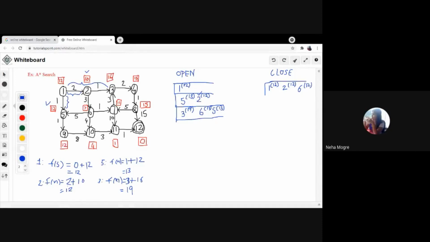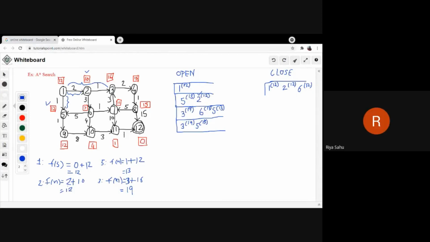Are you finding the difference between this and UCS? If you are going to expand 6 with a cost of 12, first write the remaining nodes: 3 with a cost of 19, 5 with a cost of 13. What are the child nodes for 6 now? 10 and 7.